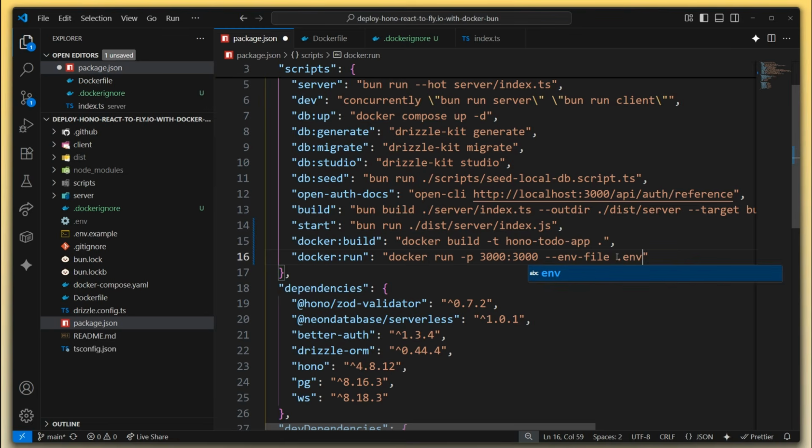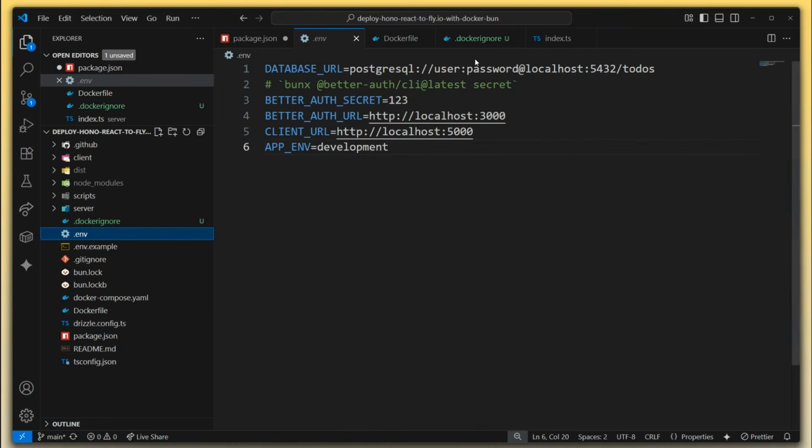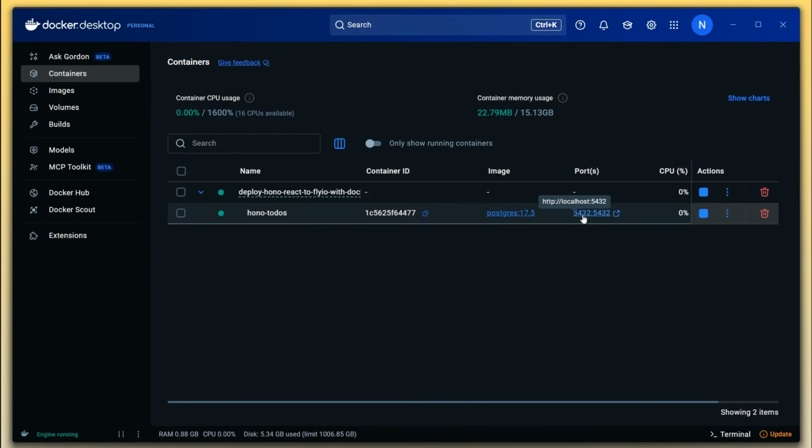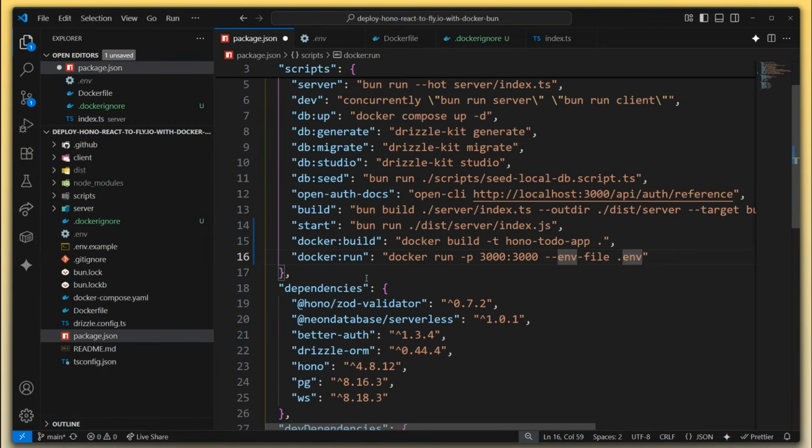We can do that by just specifying --env-file, and .env is what I have there. And then one other thing I need to do is this is pointing to my local database. Well, this database is running inside of a Docker container as well. So here I have it, and it's exposed on port 5432. The thing is, when I fire up this new container, it's going to be looking for port 5432 inside of its own container. So I need to tell it, hey, you actually need to look for port 5432 on the local machine